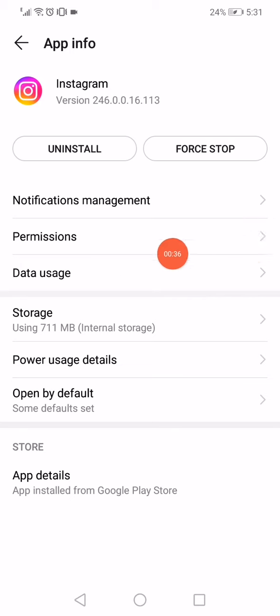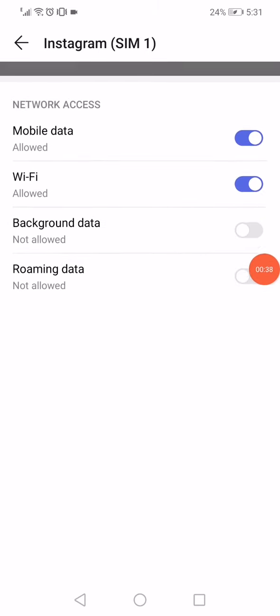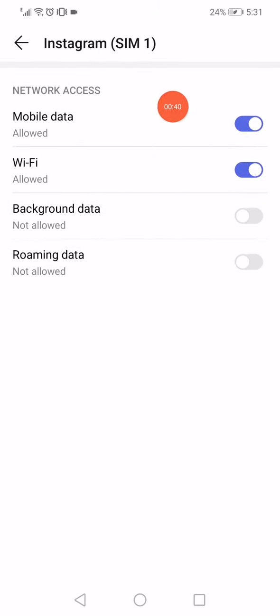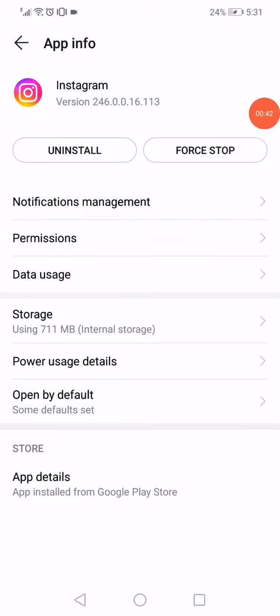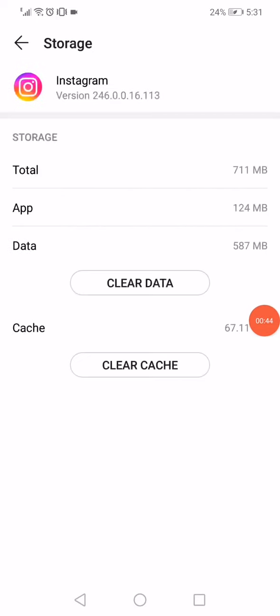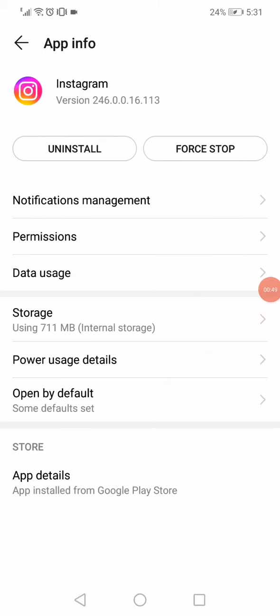Just make sure to go to the data usage and make sure to enable the Wi-Fi and the mobile data, and then go back, click here on the storage, click on this clear data option, and then all you have to do now is simple. Just click on this option here, it's called force stop, and after you click on it, now we have the